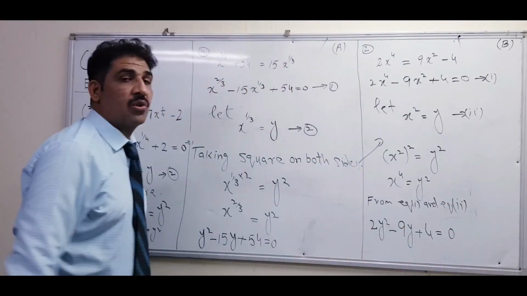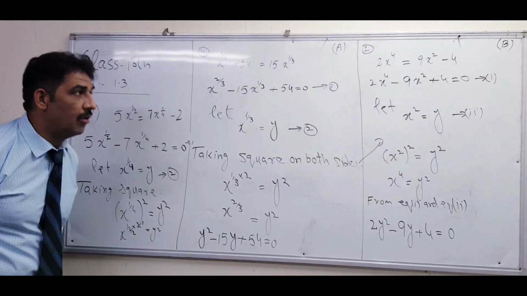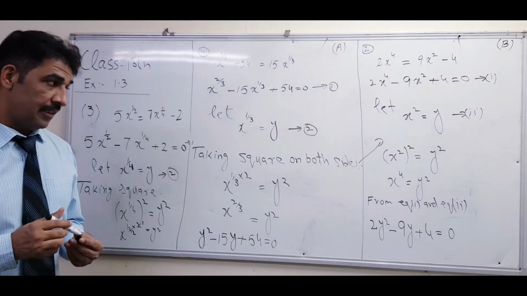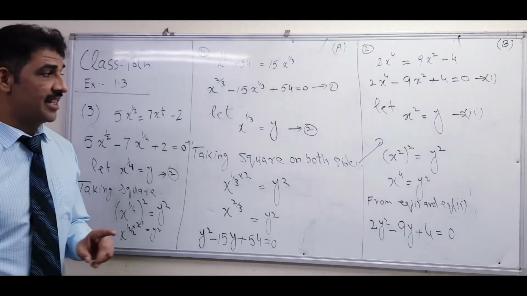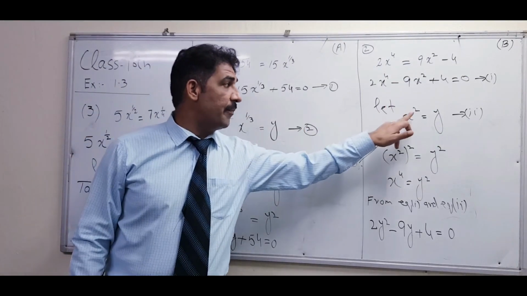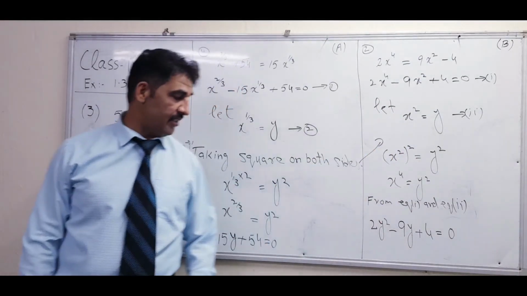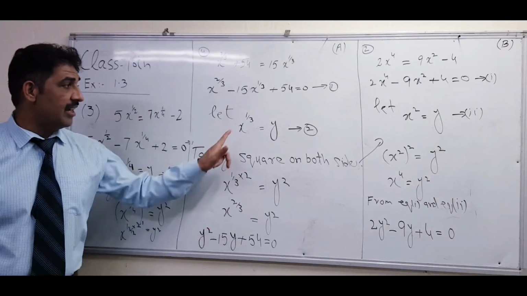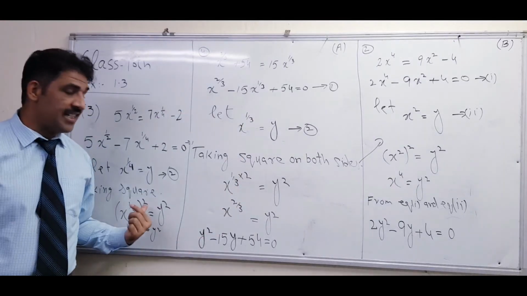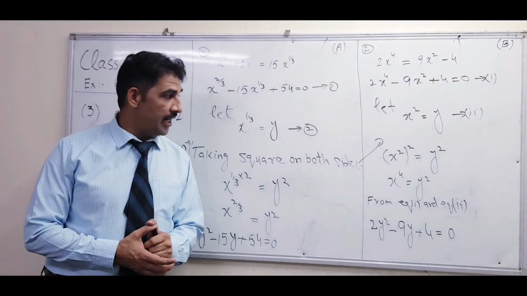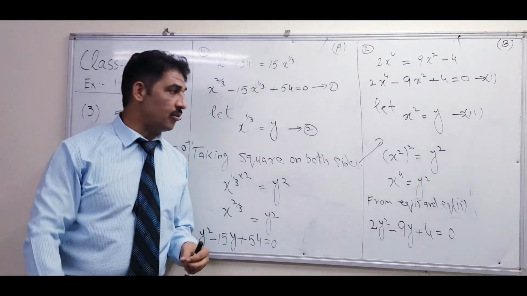Now it has changed into the quadratic equation. After that, it's your work to solve the question. But one change will come: when you finally find the value, here the square is given. Then after taking the square root, you will get the value of x. But for this, what do we have to take? Taking cube on both sides, as we did in this question. Now after the solution, if any confusion, then ask me. Let's start to solve. Thank you very much.